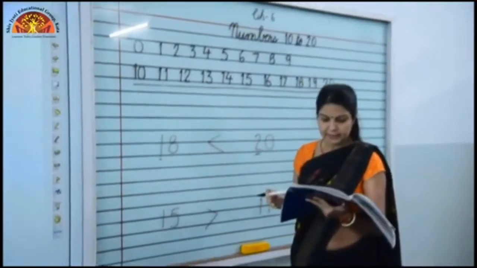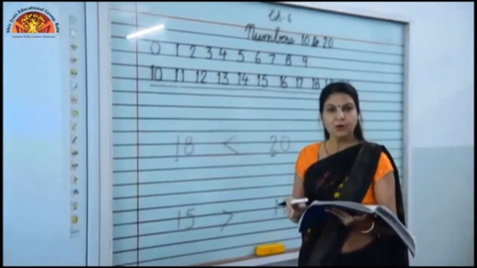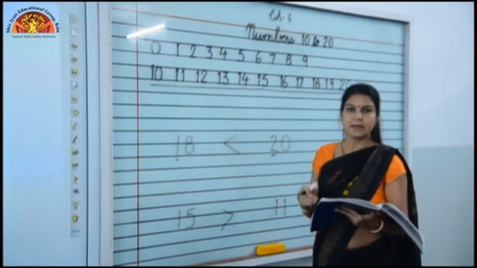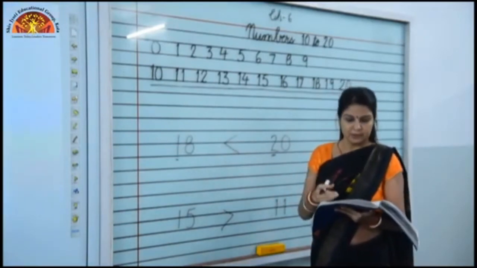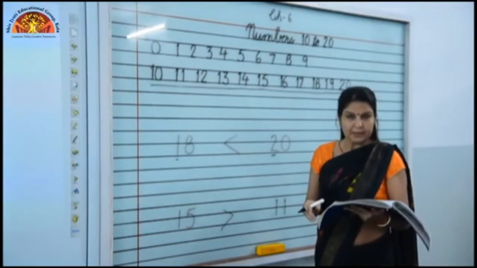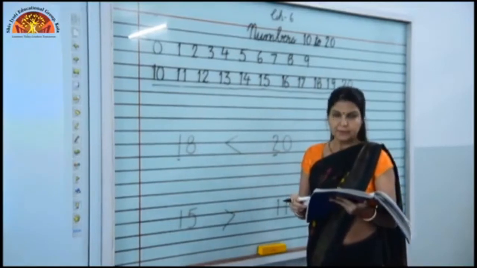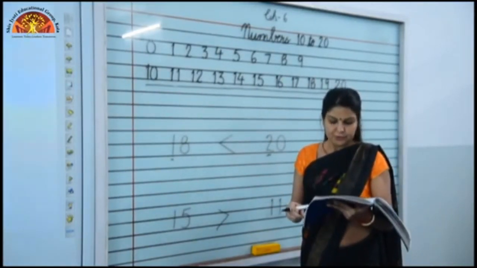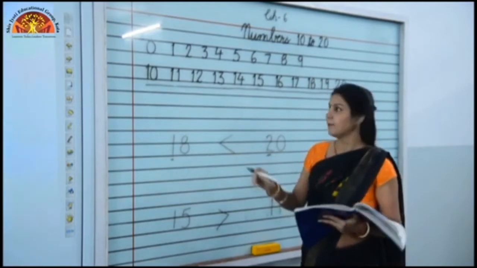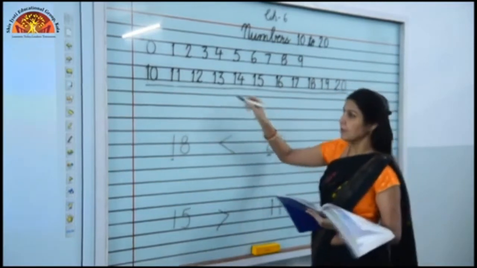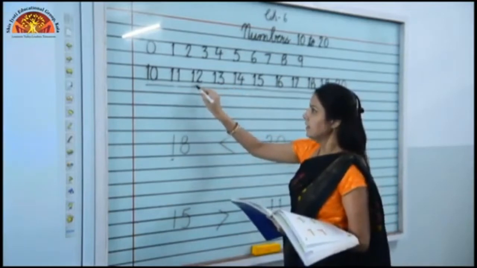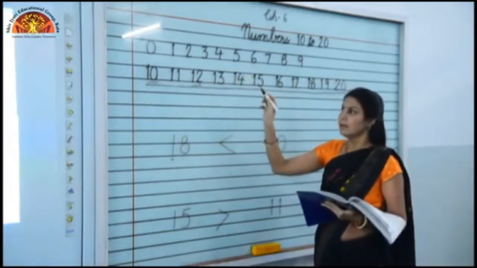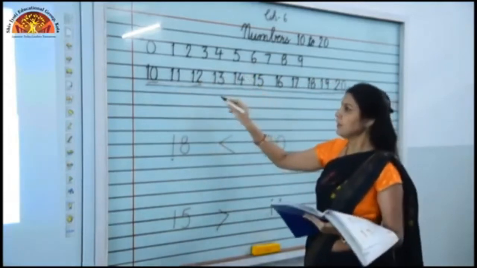Now question number 9 देखिए. Write true or false. True or false is just like same the questions we have done just now. We will read the statement and we will write true or false for it. First of all, 12 is more than 10. Here children, now see 12 is written here and 10 is written here. And the statement said that 12 is more than 10.